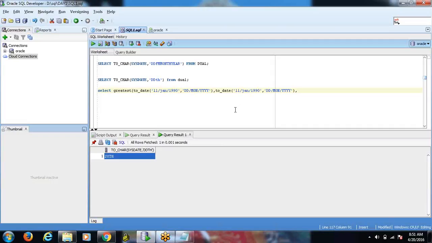To put some other date, 11th March. Okay, and again I am writing some other date here to represent some other month, that is April. April. Now, if I am executing this statement,